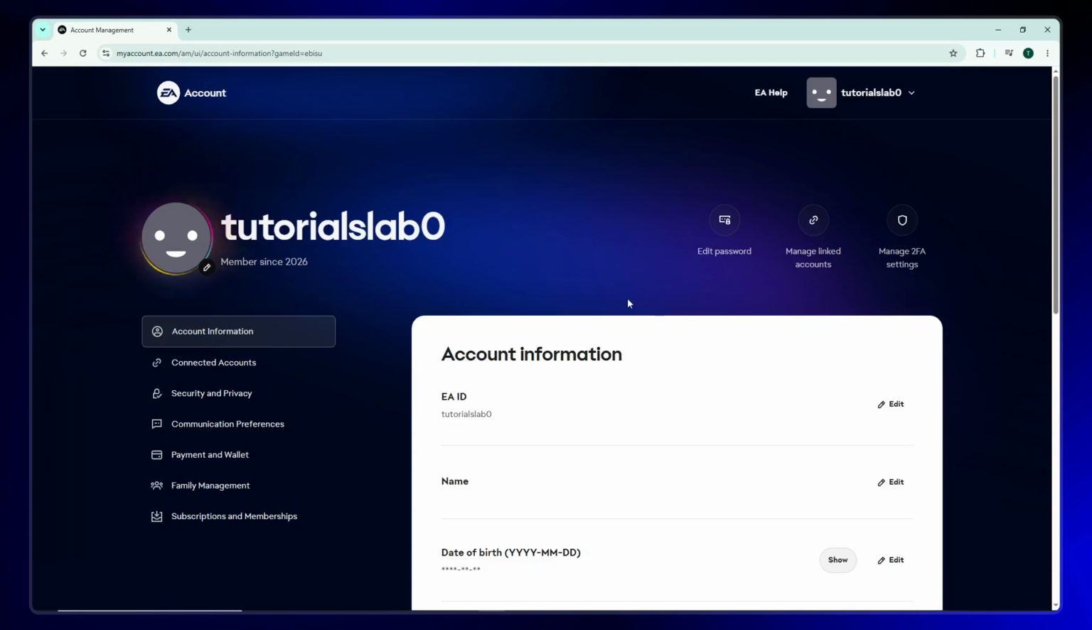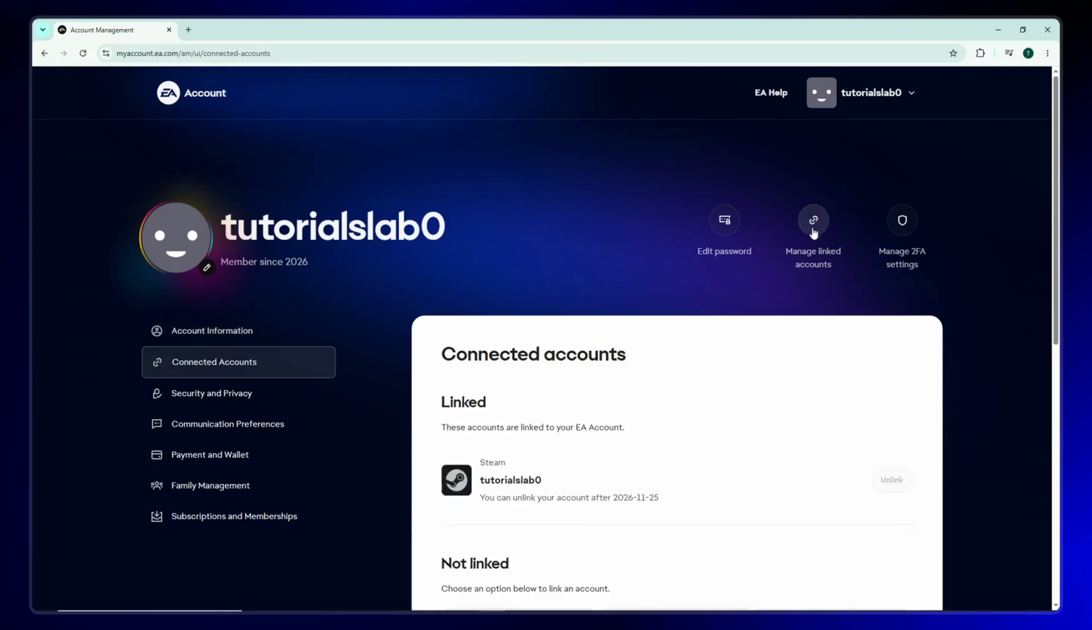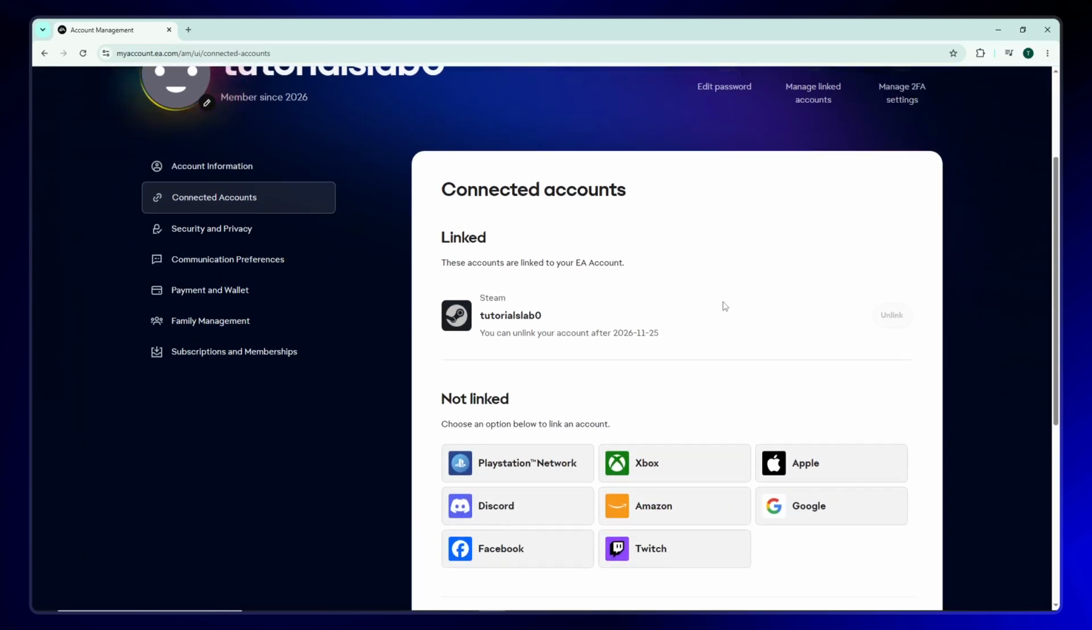privacy, and linked platforms. Once you're on the account settings page, look over to the right panel. You'll see several options listed there for managing different parts of your account. Click on Manage Linked Accounts. This section shows you all the gaming platforms and services currently connected to your EA account, such as Steam, PlayStation,